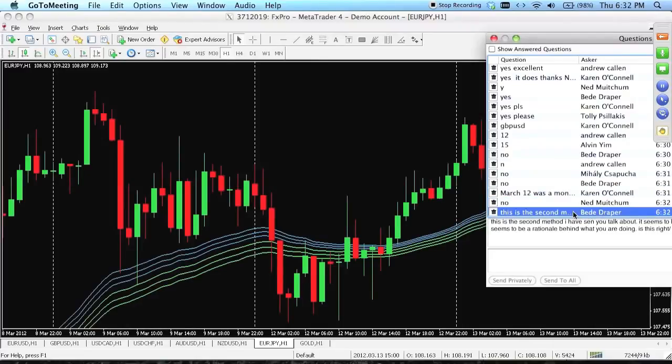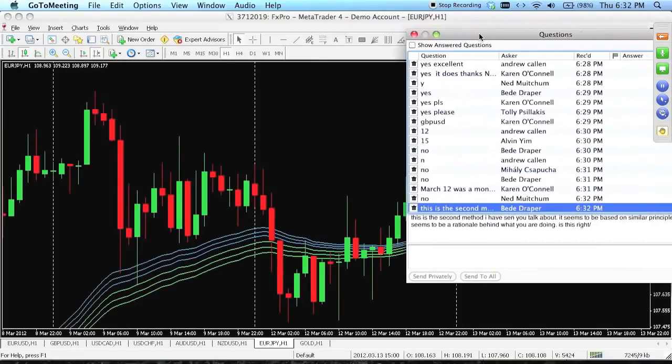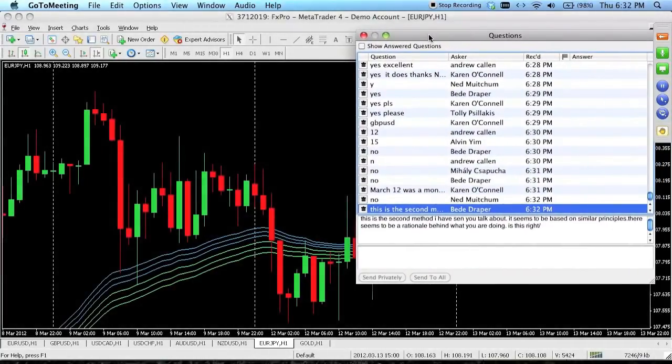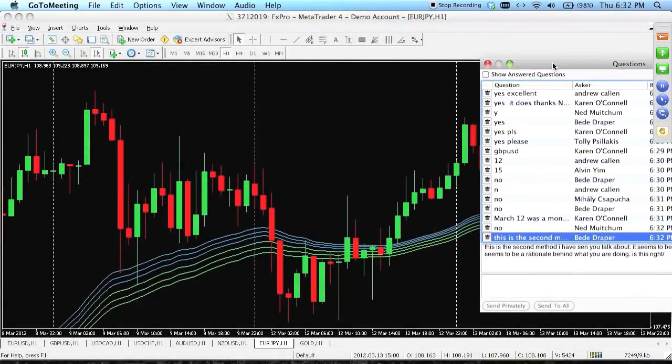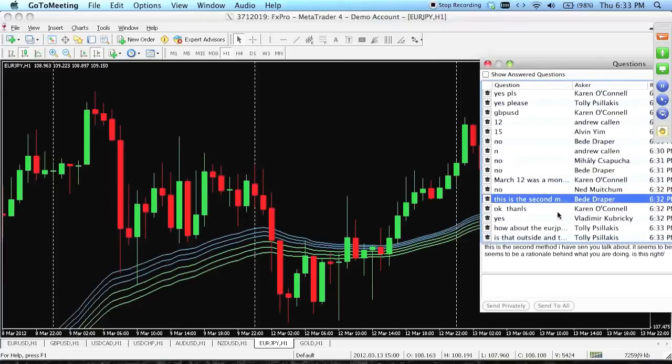Someone notes this is the second method they have seen me talking about, and it seems based on similar principles, with a rationale behind what I'm doing. Yes. I always try to bring out the point of seeing the market as a whole, rather than trading one pair at a time, adding a million indicators on it, trying to find the golden trail. It's not going to work. I try to train everyone to look at the market as a whole, to understand what is going on in the market. Turn off the TV, turn off the news. You don't need to watch that. It's really useless. But coming back to Euro Yen, is there a trade